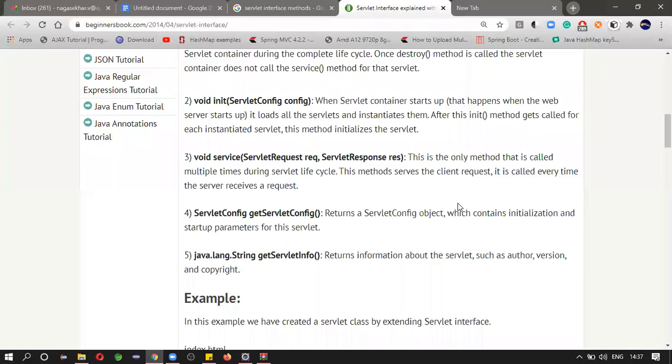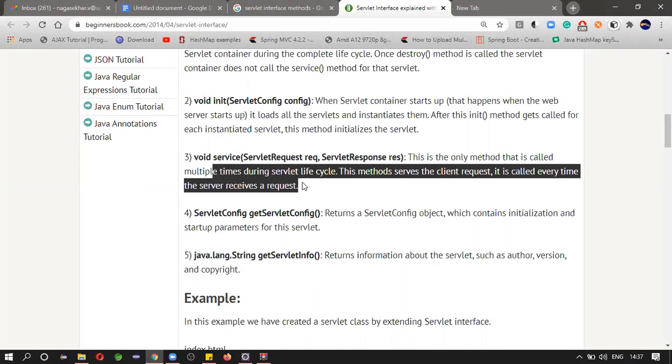Automatically it will be refreshed. What will happen when it is refreshed? When it is refreshed, a new request will be generated and service method will be called. And in this service method, we are going to mention what to do when the request has come. We will write all the things step by step, what to do in this method. Each time the request is initiated, this method will be called. Whatever we write inside this service method will be executed. How many times the service request came, that many times this service method will be called.